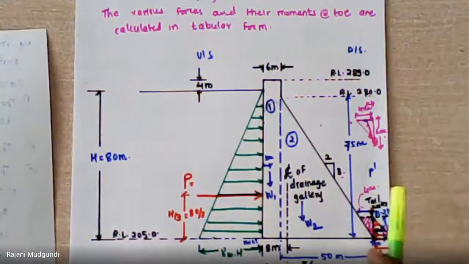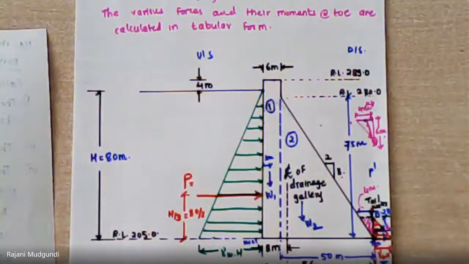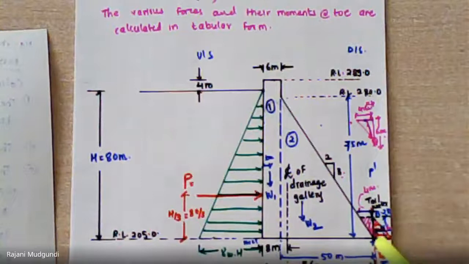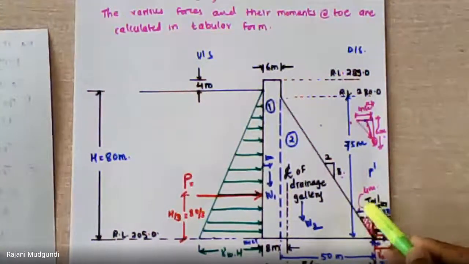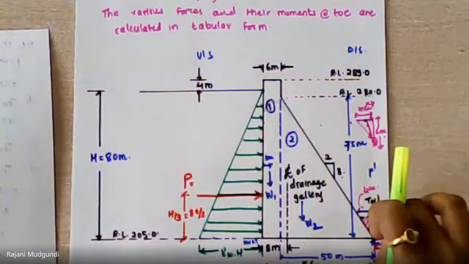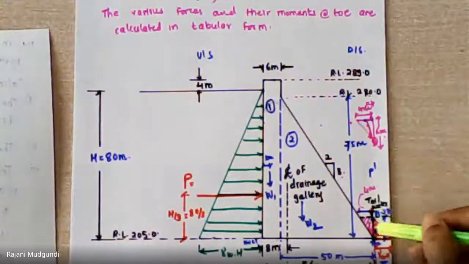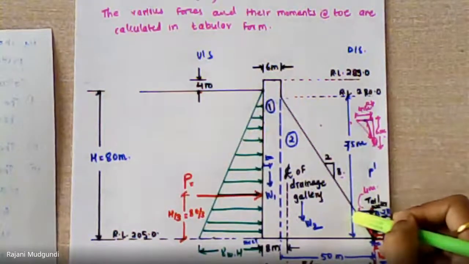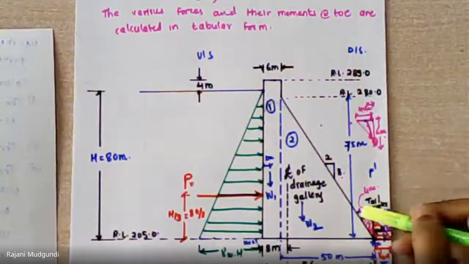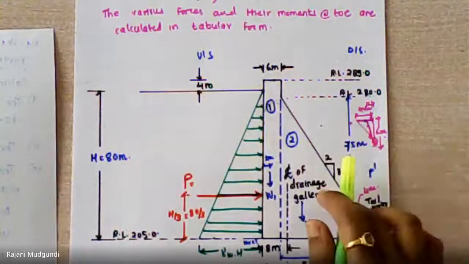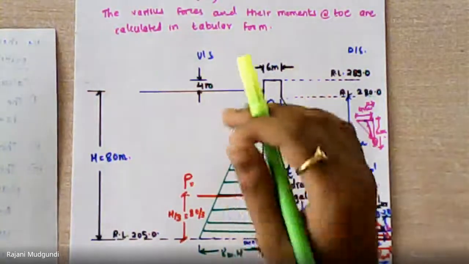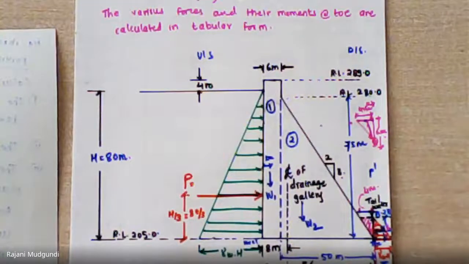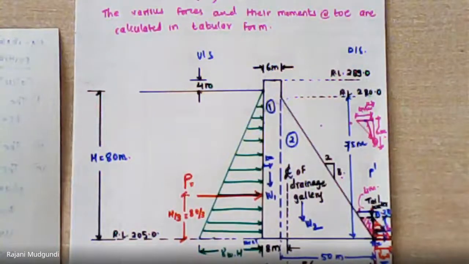Then we have calculated one more weight which is acting vertically downward, that is the water which is stored in this triangular wedge portion on the downstream side, or the tail side, which is of height h dash, 6 meter, and with the slope of the downstream face we have calculated the horizontal width for this segment. So all the vertical downward forces are over till this part. Then the vertically upward forces, which act against the stability of the dam, we have calculated.